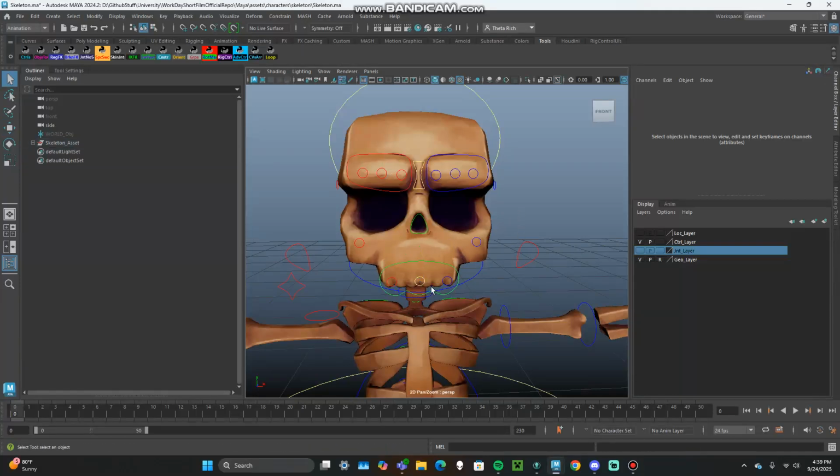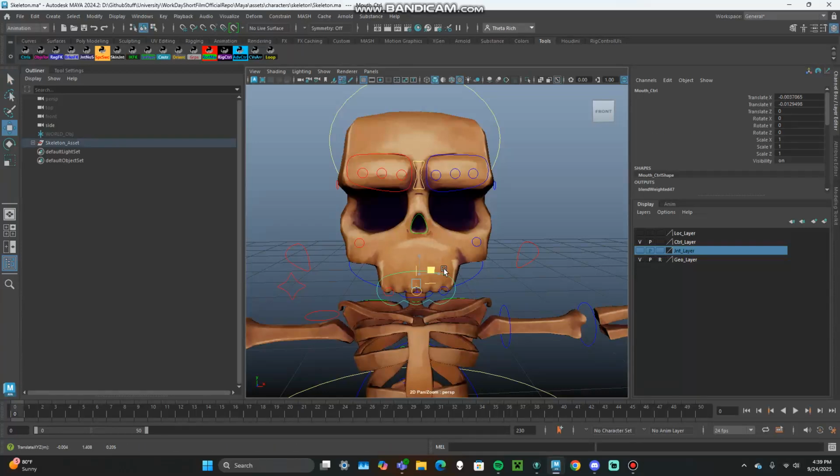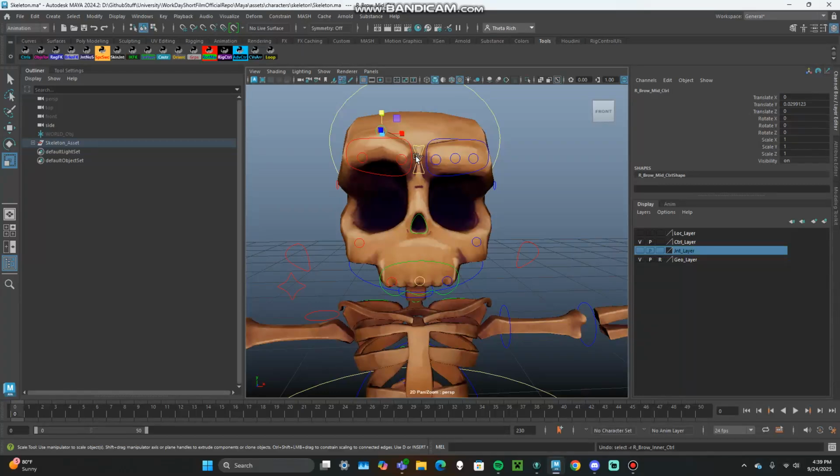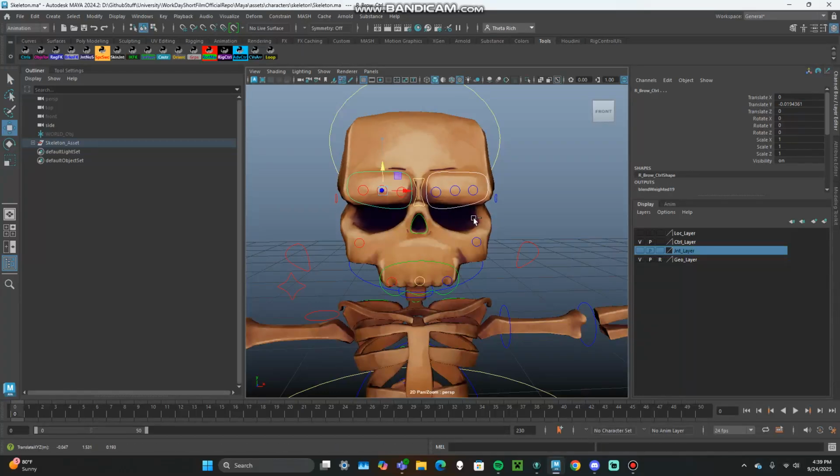So as you're animating the face, the bulk of your animation should be done with these because it's a lot faster. And you know, any smaller things, smaller changes, you can take these and you can adjust them, kind of do what you need, and you know, fix things there. But the bulk of your animation should be done using these bigger controls, right? So,